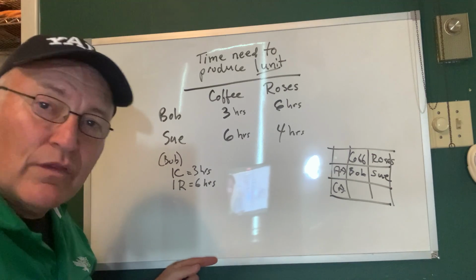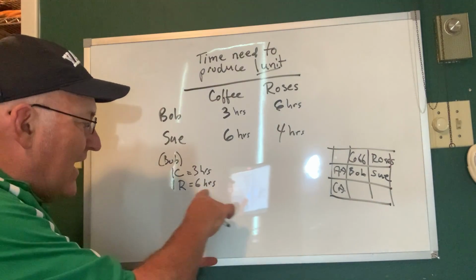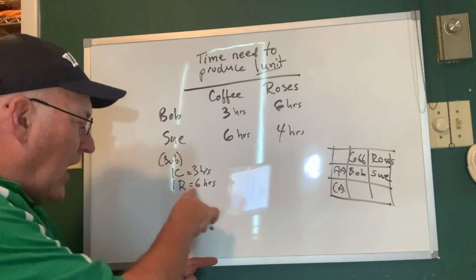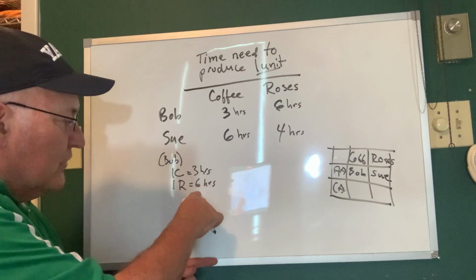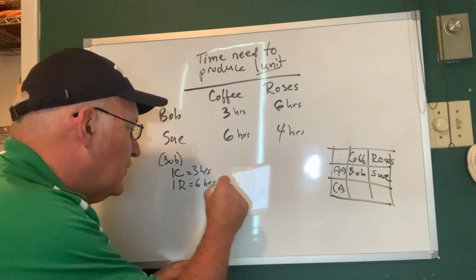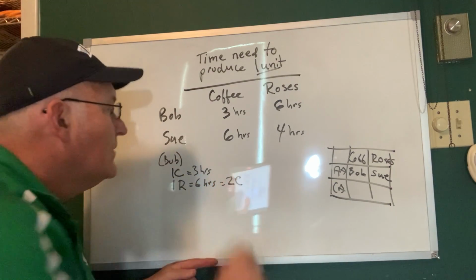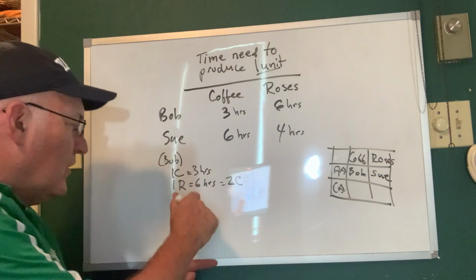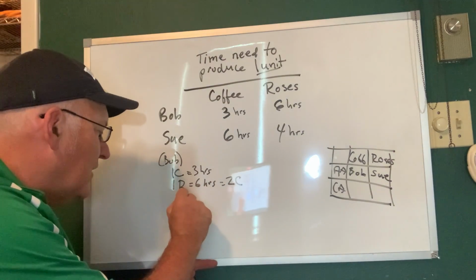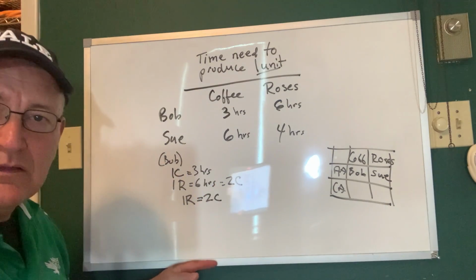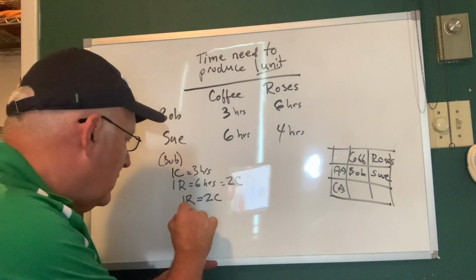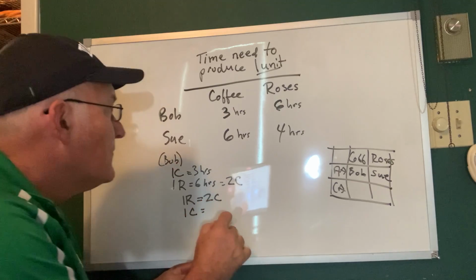You can kind of see where this is going. In 6 hours, Bob can either make 1 unit of roses, or 3 goes into 6 two times, so 2 units of coffee. So Bob's comparative advantage is 1 rose equals 2 coffee,